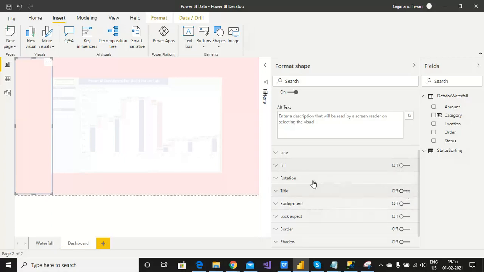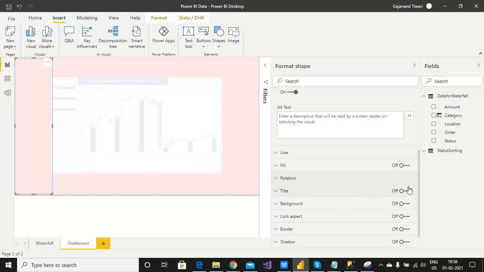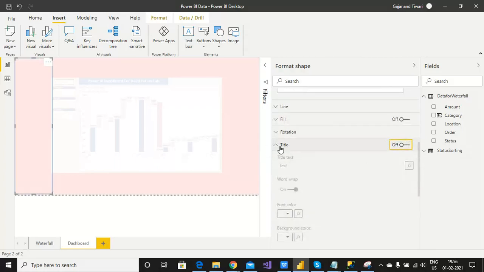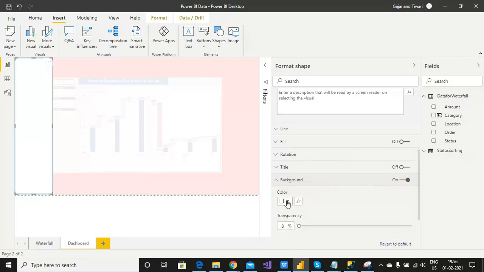Let's talk about title. Rotation, you can rotate it, but I don't require rotation here. I want to display it the same. If you want to give a title, yes you can, like a test title, and adjust it, but a title is not required. I'm using this as a background. If you want to give any background, yes you can, but for my purposes it is not required.